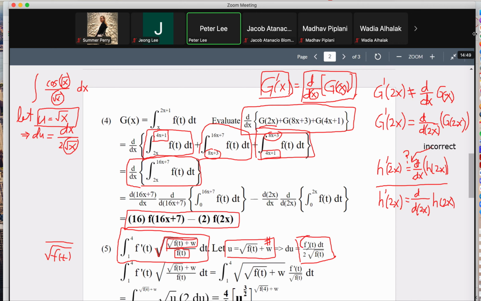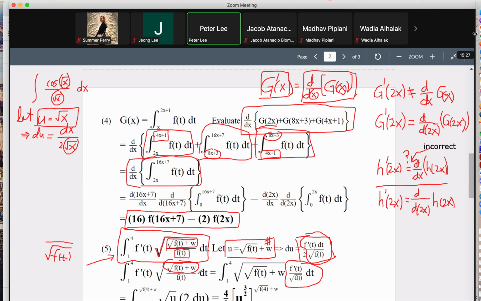So now, what is this guy right here? This guy right here is a part which I marked in red. It's actually right here. And that guy right there becomes 2du. And then this part right here becomes square root of u. Right here. So initially, the integral looks very messy,